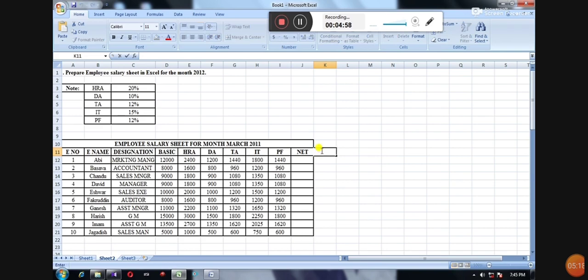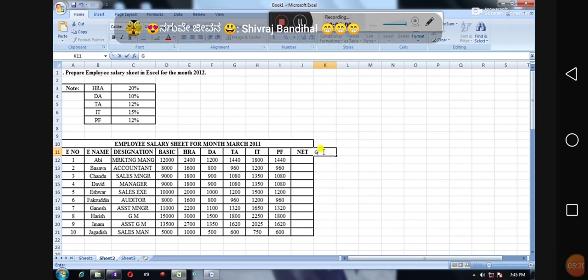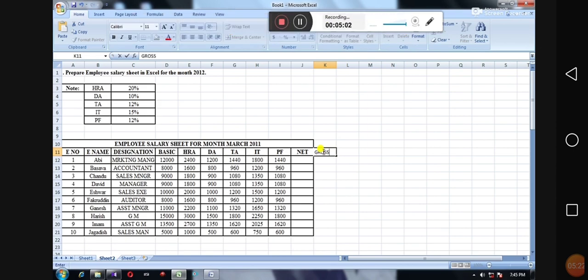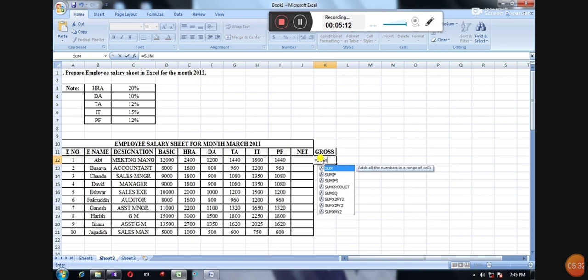After that we should make the gross salary here. Why? Because gross salary means the total salary that the employee is getting. For that you should calculate basic salary, HRA, DA, TA, IT and PF.